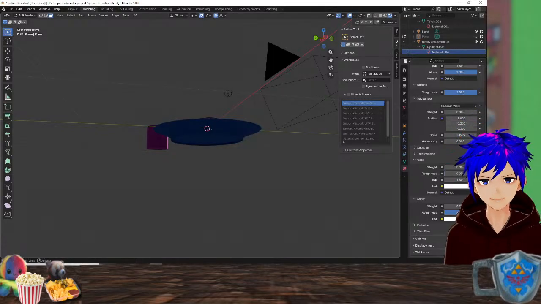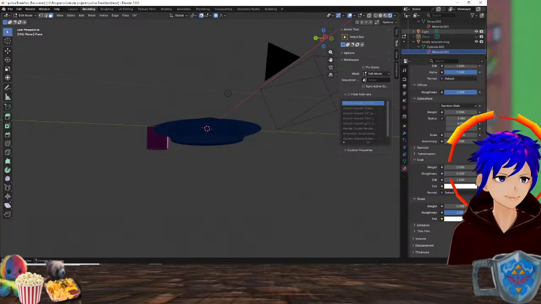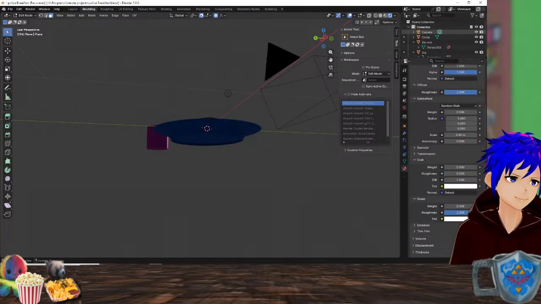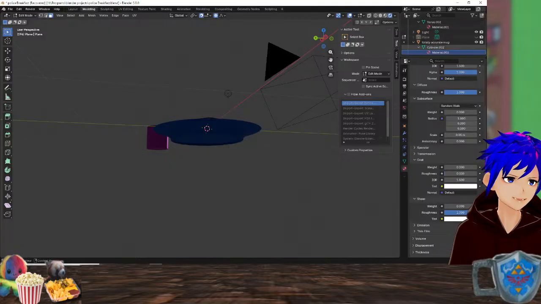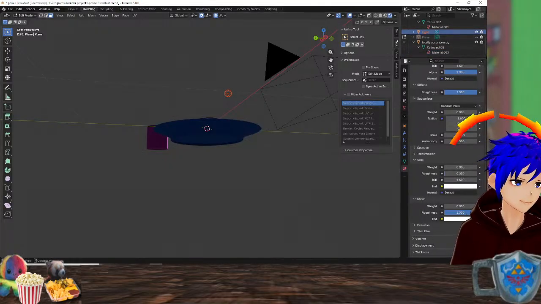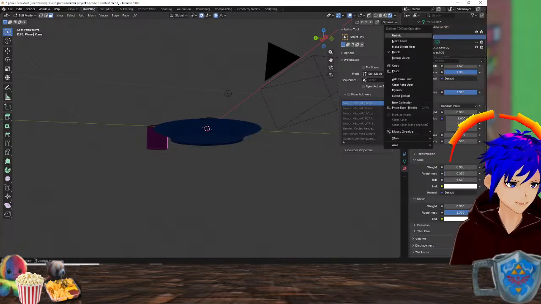There you are. Light source. Come on, light. There it is. There you are.